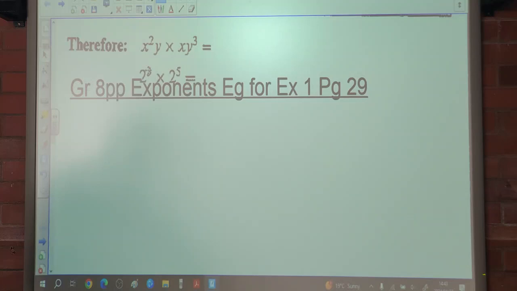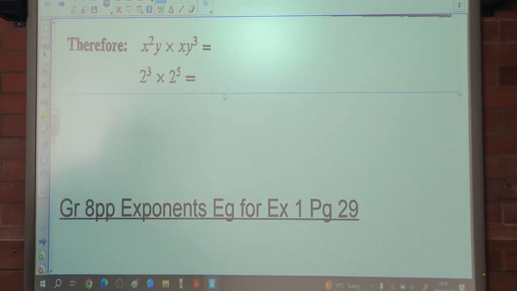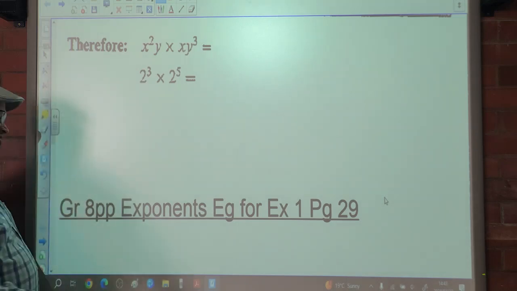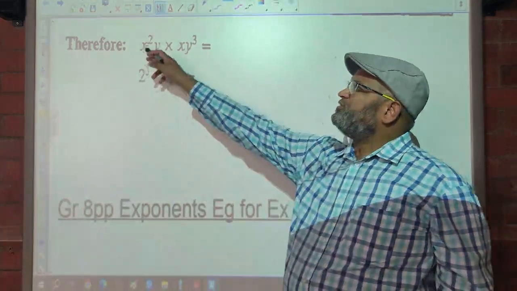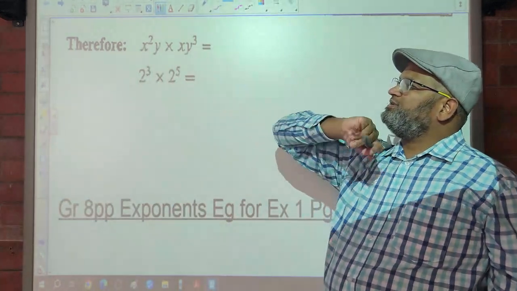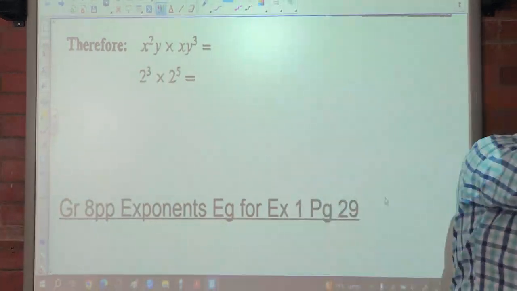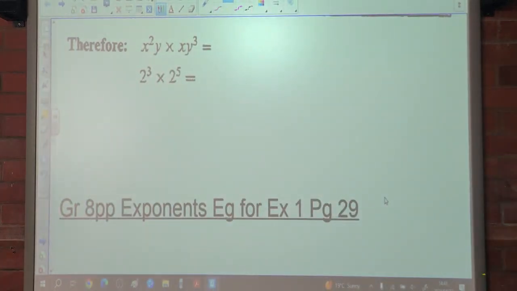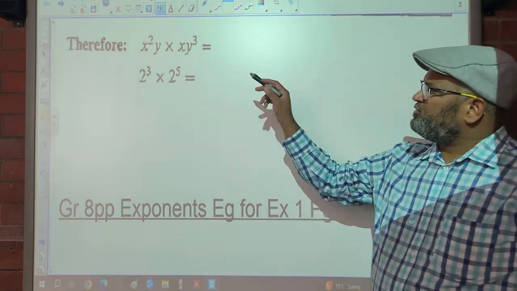And let's carry on with our lives. Here's the next two sums. So x squared y times xy cubed. And you got 2 cubed times 2 to the 5. So let's do this one together, these two. X squared y times xy cubed. Anybody? Okay, who's next? Yes, Michael. Doesn't matter. Do it straight on the board. What do you get? X squared